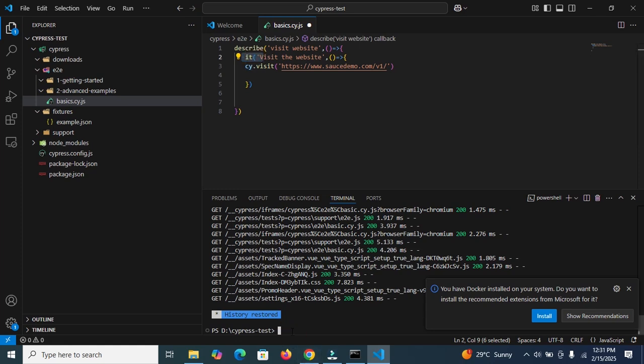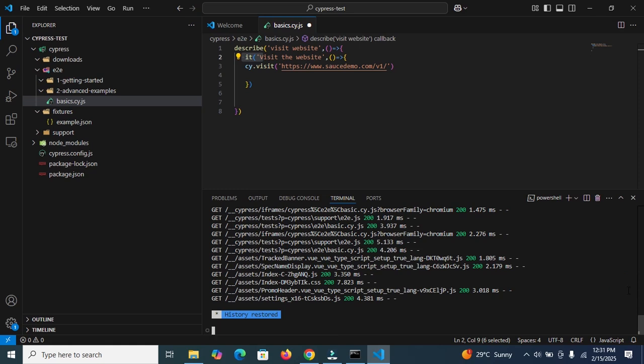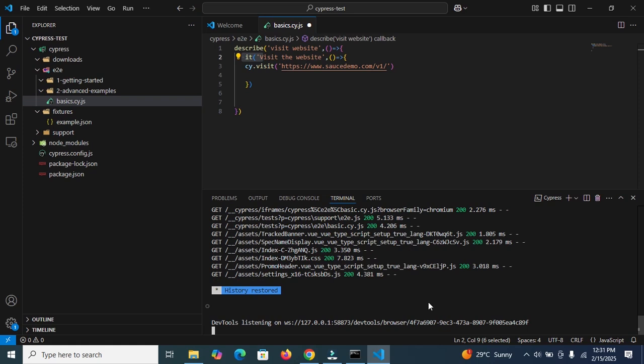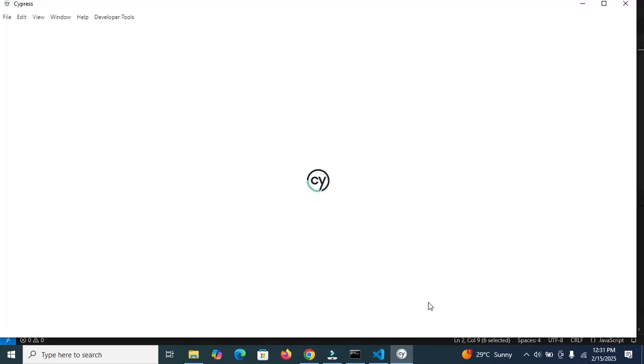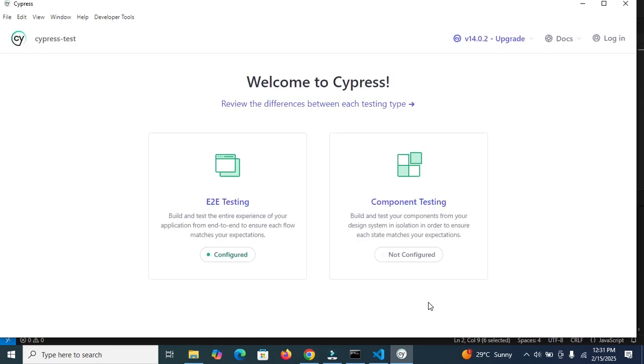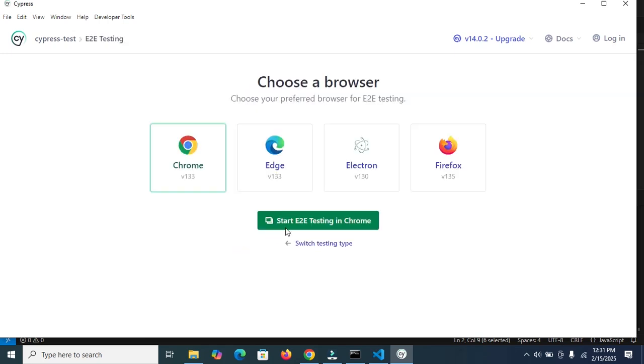For opening Cypress, we need to enter the command here, npx cypress open. This is the command for opening Cypress, and then click on enter. Now it will open Cypress, and we need to select here end-to-end testing. In the previous tutorial, I have already described how you can configure end-to-end testing. Click on configured,